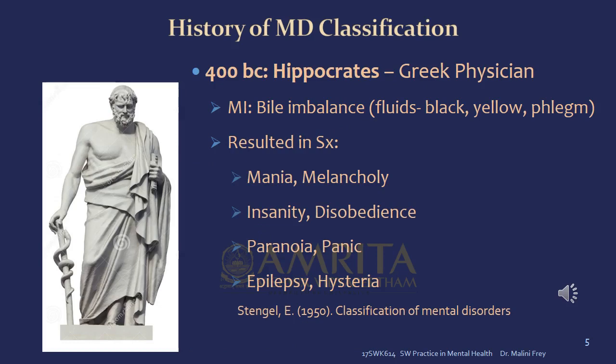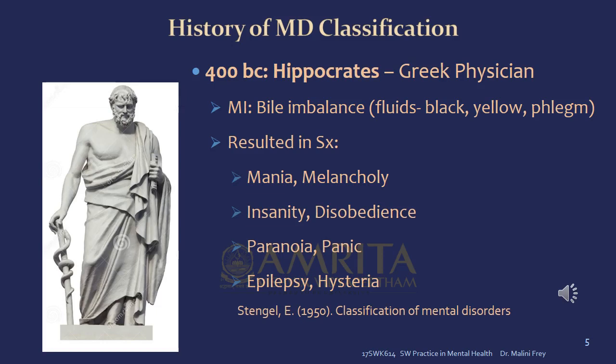Hippocrates was a Greek physician who lived 400 years before the birth of Christ. Hippocrates had a classification of mental disorders that was based upon a biological system. He felt it was about the biology of the body, in particular, an imbalance of fluids in the body. He felt there were three fluids, which he called bile, and these fluids were black, yellow, and phlegm. And if they were out of balance, he hypothesized that that imbalance, whatever it was, resulted in different types of